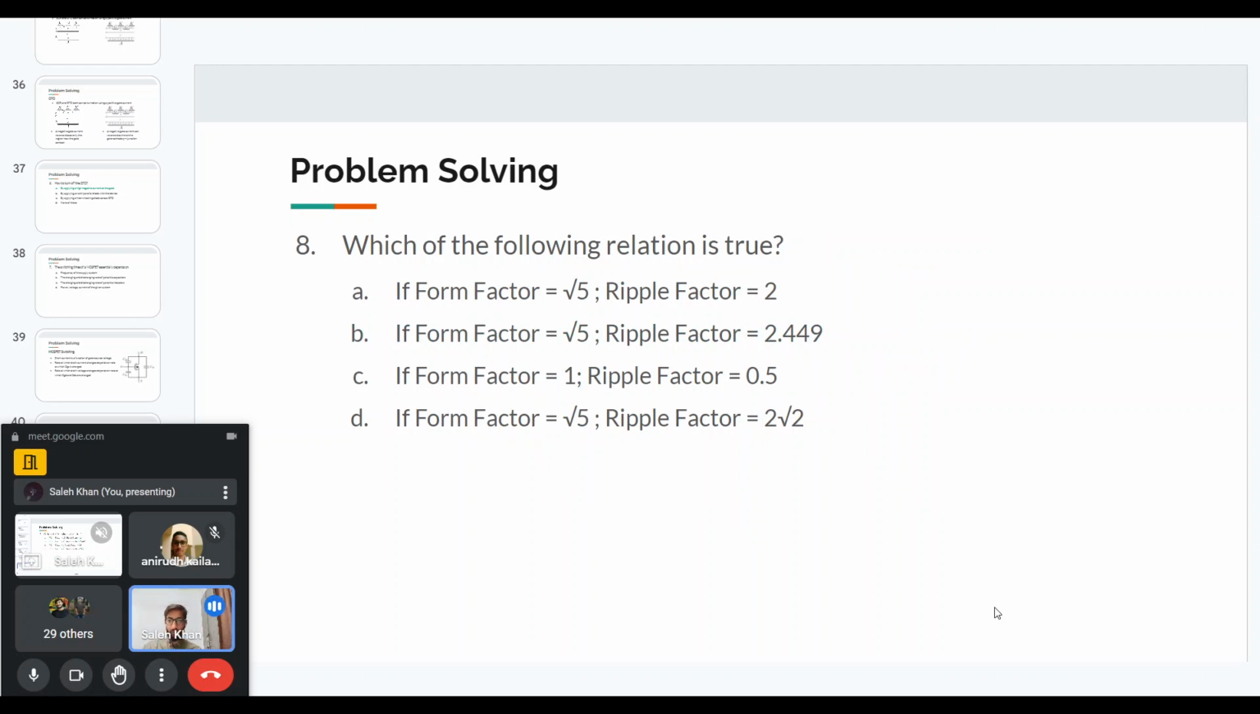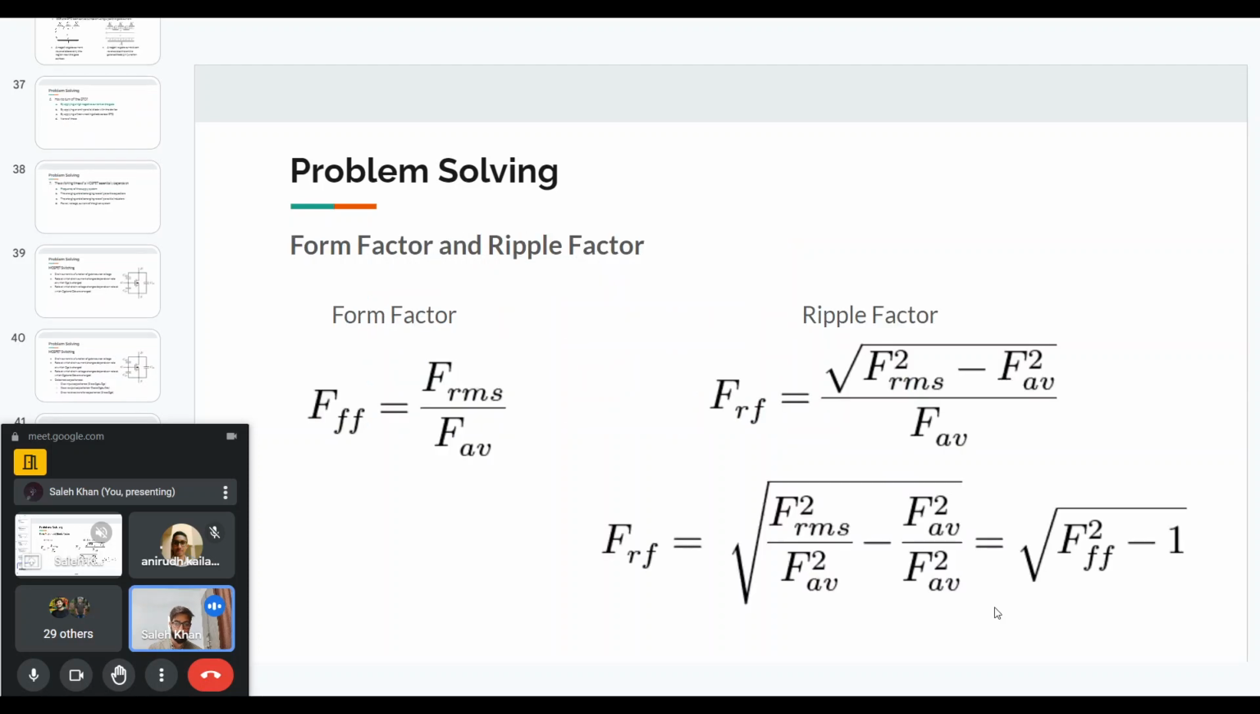Now coming to the next question, which of the following relation is true? So this is a relation between form factor and ripple factor. I will not ask you to guess it because you have to do some calculations. Basically the form factor is defined as the RMS value of a waveform divided by the average value of